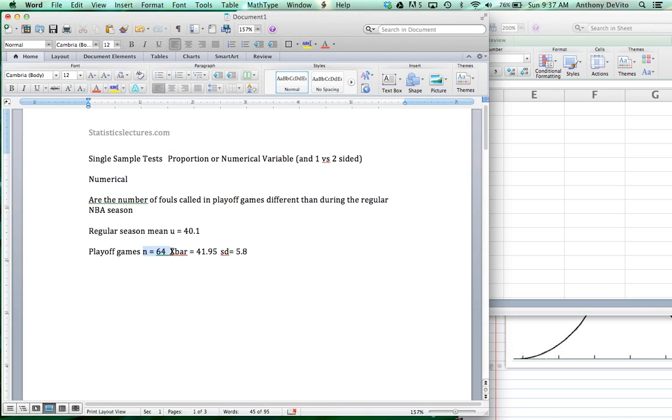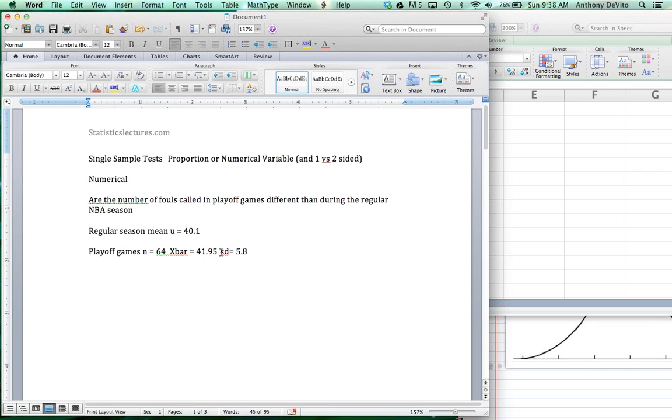Or you might just, if you got a sample size of 64, it would be in this form where you just have this description, or you would have a paragraph from which you would have to draw this data. In other words, a verbal description as the way I'm speaking. Okay, so let's say during those 64 games, you had an average of 41.95